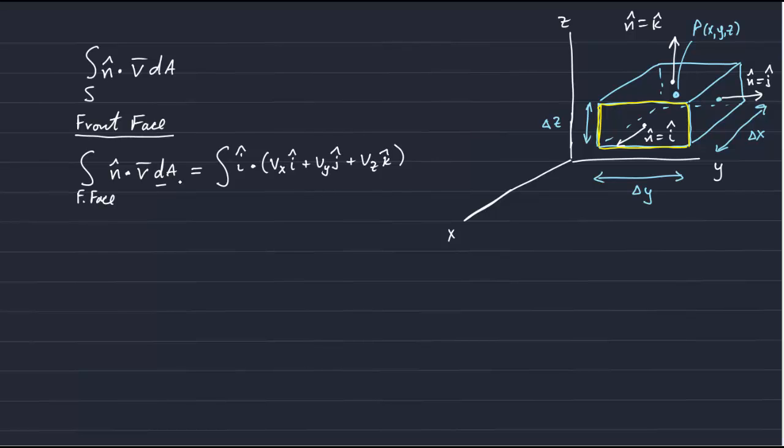And dA in this front face is equal to its width times its height. So that's delta dy times dz. And I'm going to describe these as dy prime and dz prime